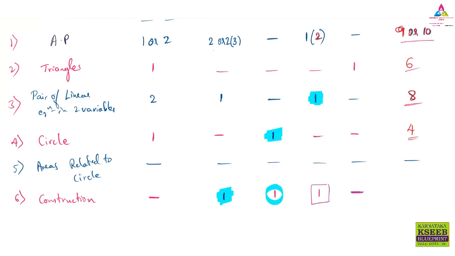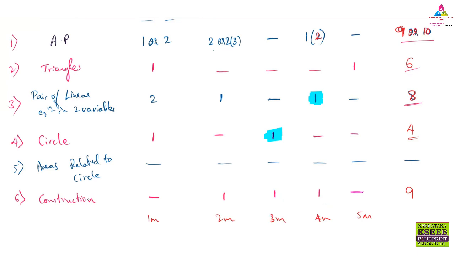The 5 marks question will not be there. So obviously the total marks from construction will be 9: 4 plus 3, 7, 8, 9. So there is a 1 marks question, 2 marks, 3 marks, 4 marks, and 5 marks question. The 2 marks question is a tangent, the 3 marks question is a similar triangle, and the 4 marks question is blank for now. We will discuss in the next class what it is.